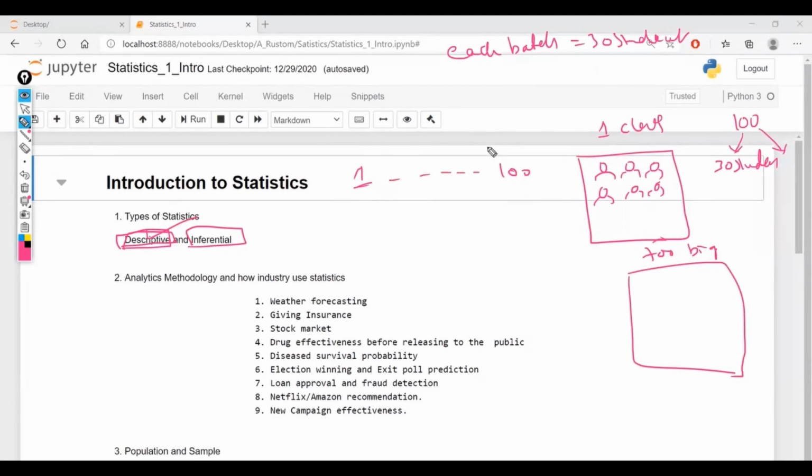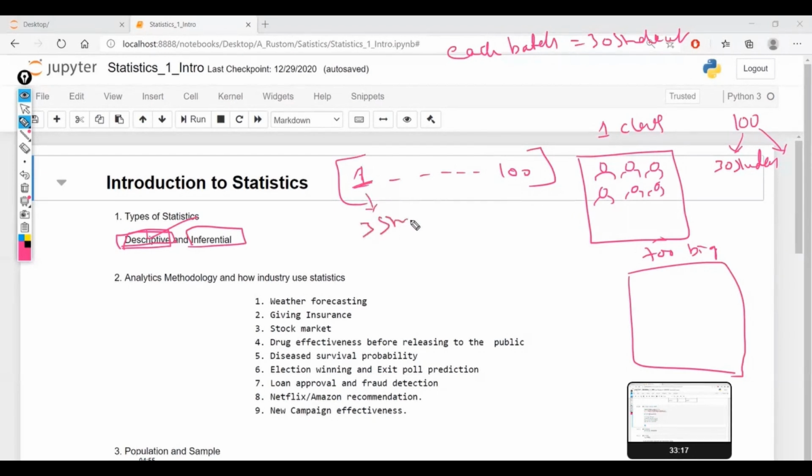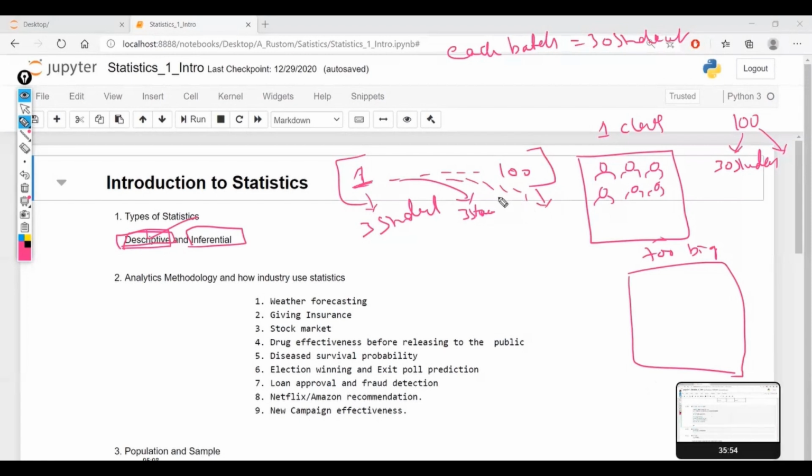So it is going to be very difficult to tell anyone the average score of students in all my batches, right? So what am I going to do in that case, if I want to explain the average score of students in all my batches? In the first batch, I'm going to pick some numbers, maybe 3 students. And in the second, I will pick another 3 students, right? Similarly, I will pick 3 or 4 students in each and every batch up to 100, or maybe randomly I will pick 3 students from the first batch,